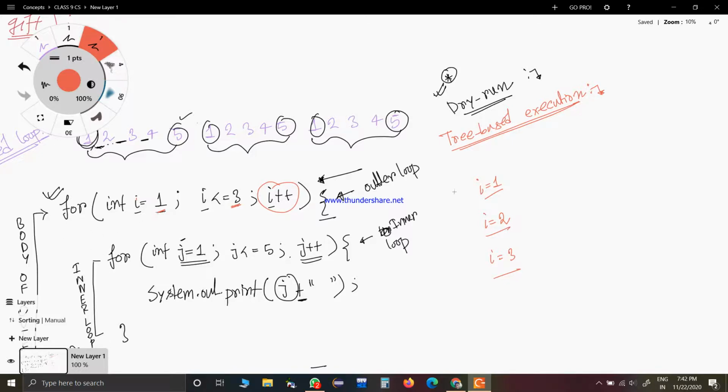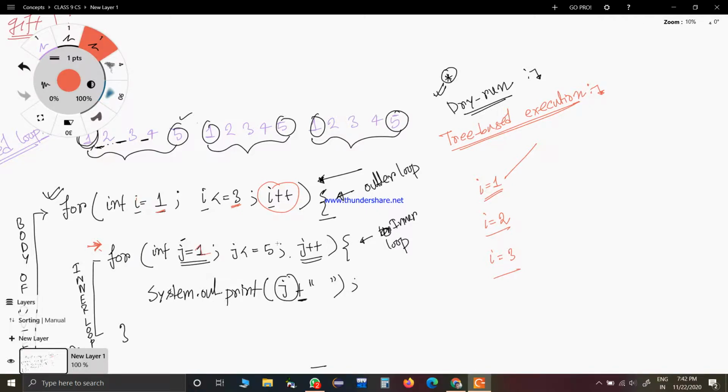So for I equal to 1, initially, the compiler will encounter this inner loop, and it will execute. So how to write that? You put an arrow here. For I equal to 1, the inner loop has how many values?